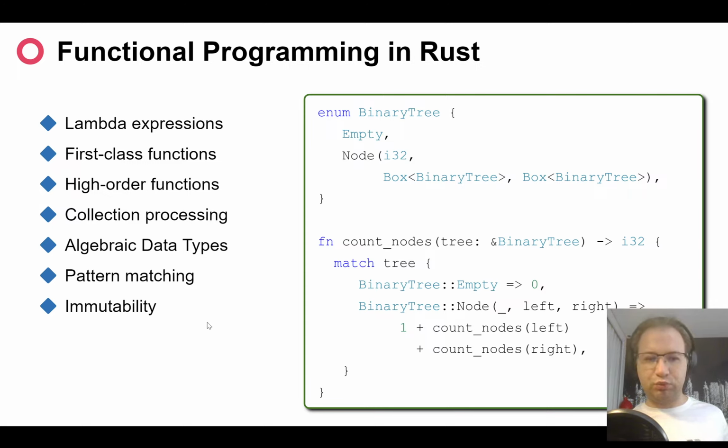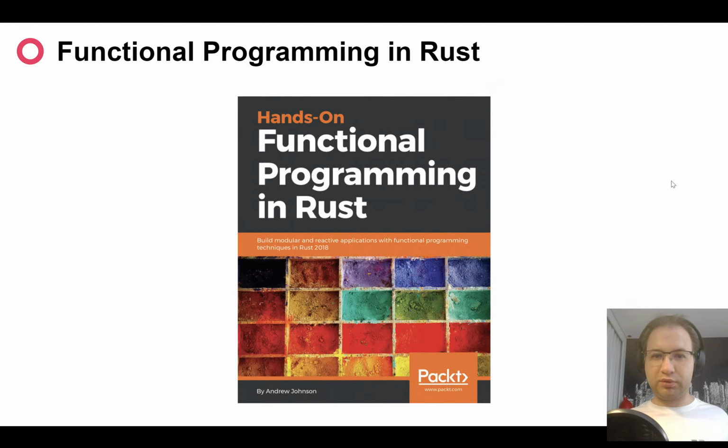And also it supports immutability in some form. And in general, it takes a lot of features from OCaml that are similar to features in Haskell, and you can learn a lot of functional programming from Rust. Unfortunately, we don't have much literature. Maybe it's a blind spot to fill, a gap to fill. Maybe you can write another book to be more appreciated in that community, because they love functional programming actually,